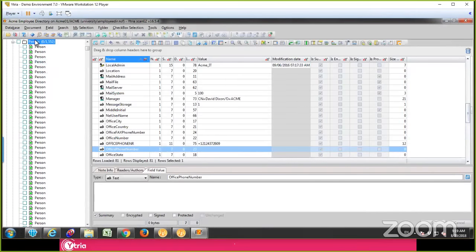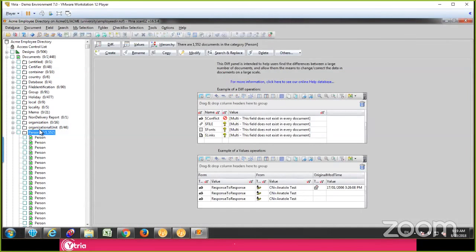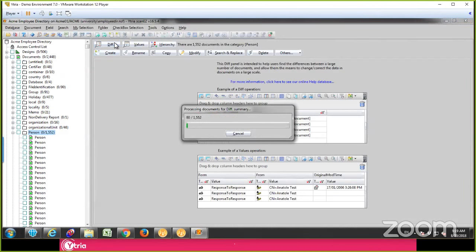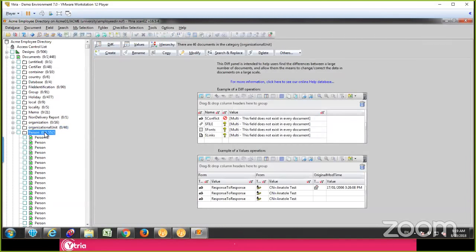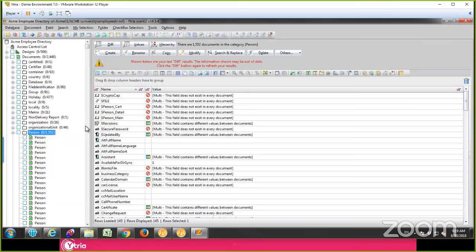So what I'm going to do is highlight this selection of person documents. And this is something that might not be very intuitive at first, but this is one of the most important features in ScanEasy. It's called a diff. The diff is where everything starts when it comes to grouping, dealing with groups of documents. So when I hit diff, what happens is we go through every document in your selection, which is 1,552, and